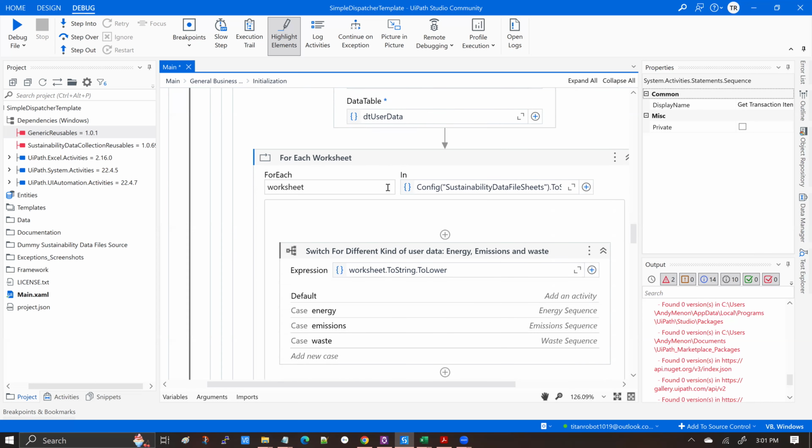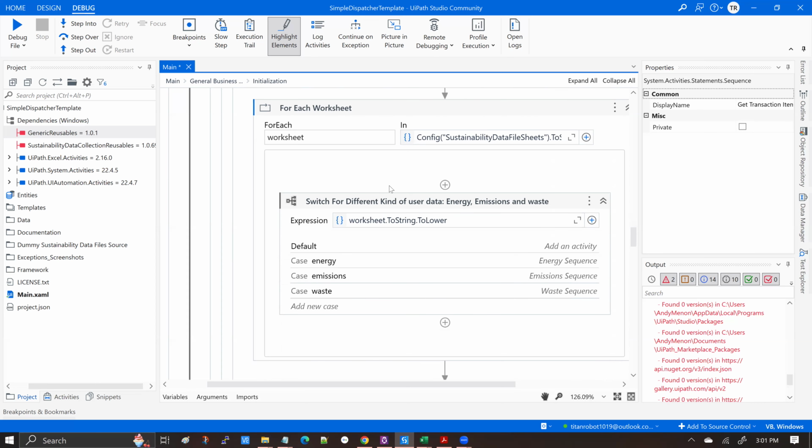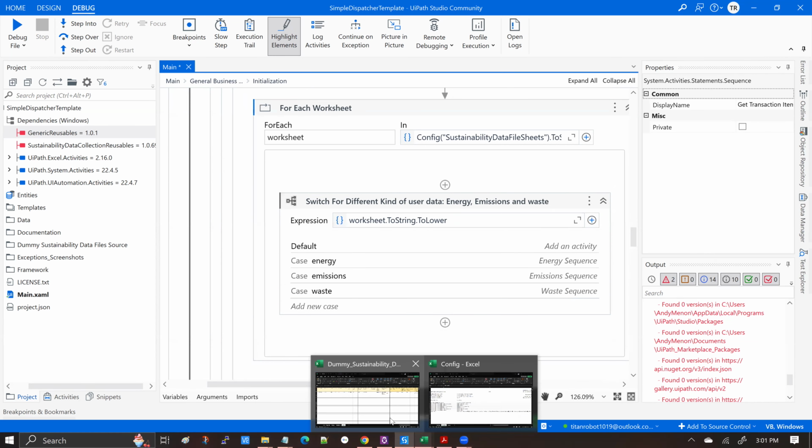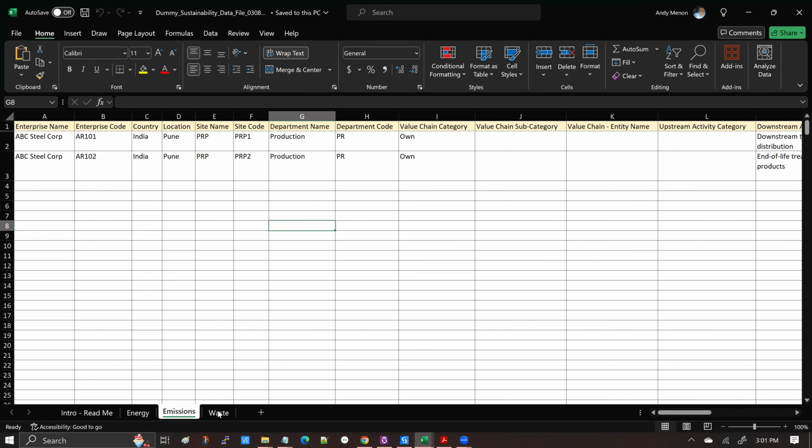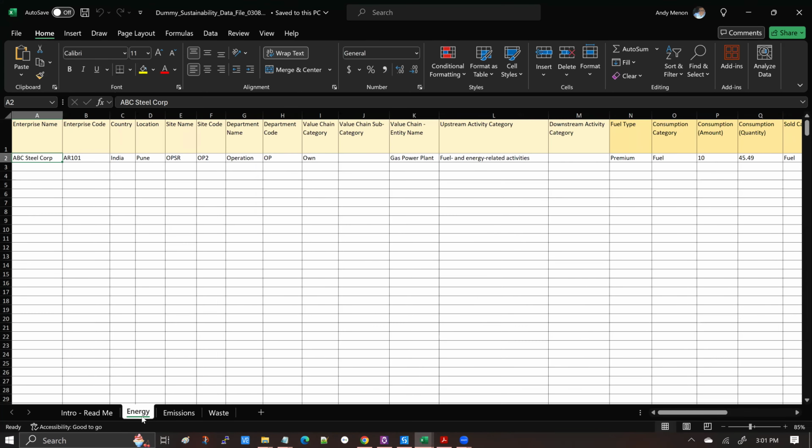And next, what you do is you iterate through each of these data sheets of this incoming Excel. Fundamentally, you're going to loop through each of these 3 incoming data sheets,